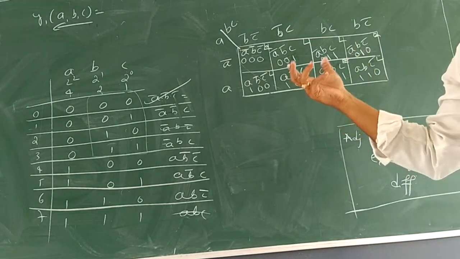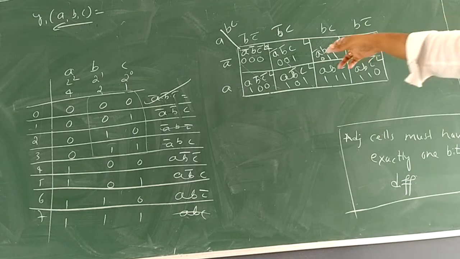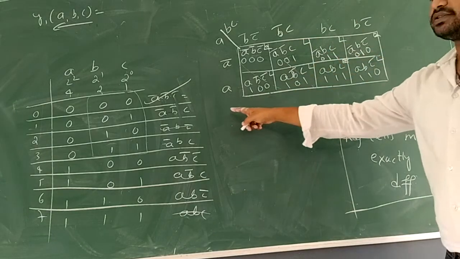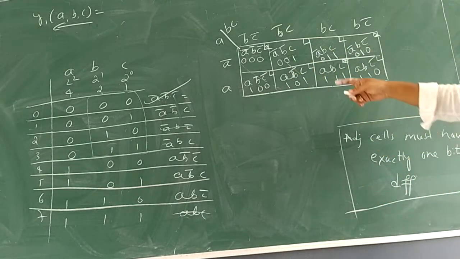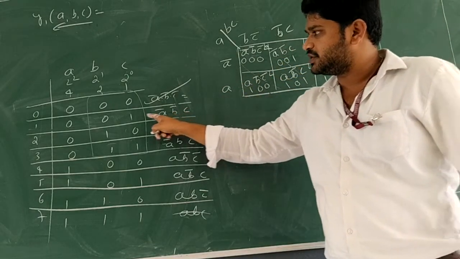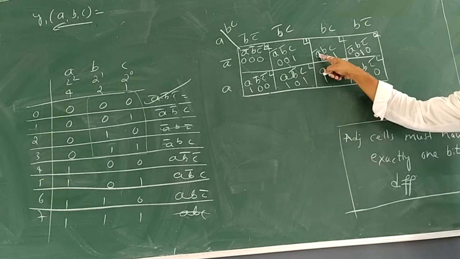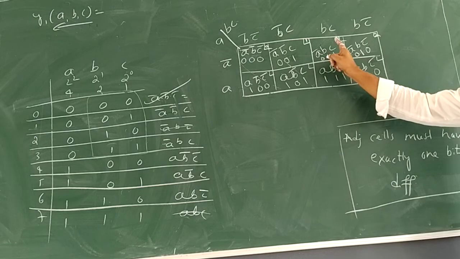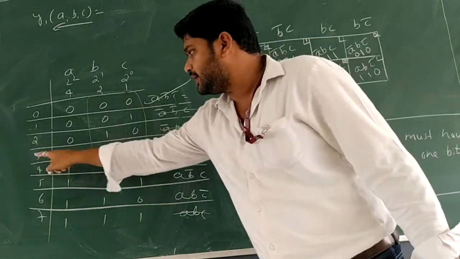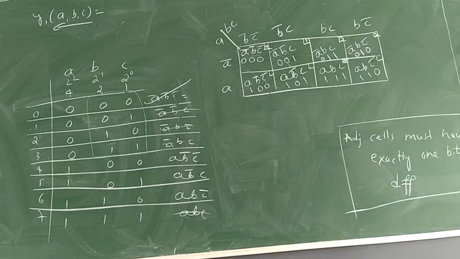See, since it is the beginning, I am taking this. Once we are into the problems, I will not write these all. Directly I will take the problems and simplify. So understand this as a beginning part. Okay. So A complement, B complement, C. Equivalent is 1. Okay. So first row, third column. A complement, B, C. Value is 3. I think we finished the first row, 0, 1.